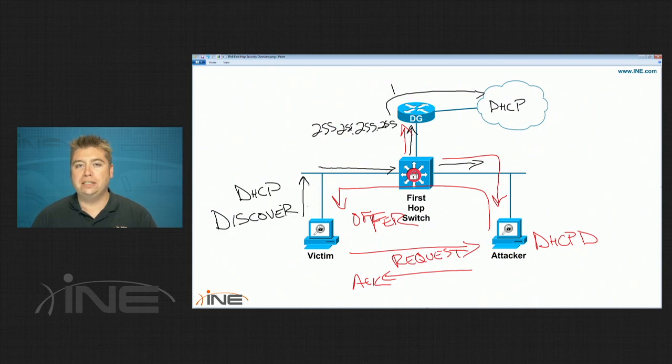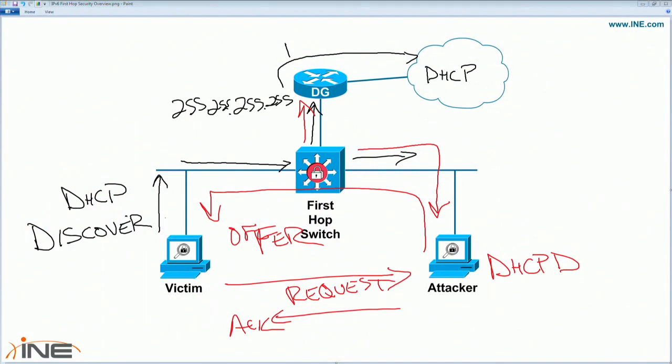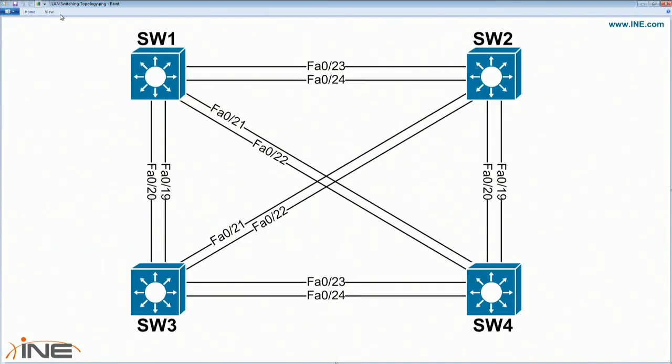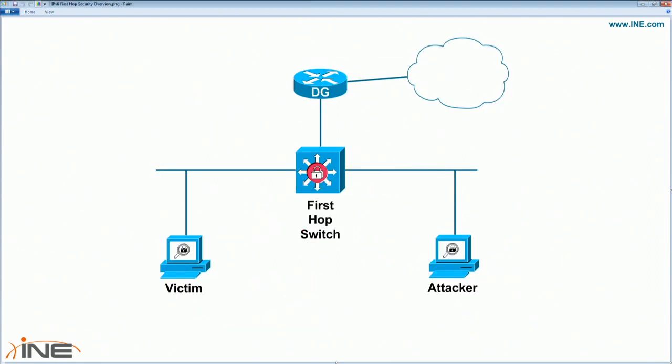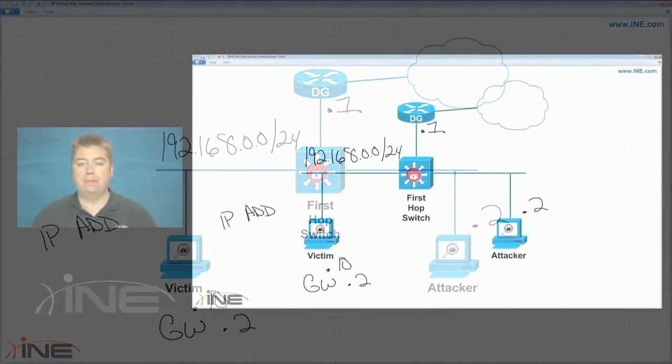But if we have someone else that is controlling the DHCP pool, essentially what they're able to do is to say, when I give you the DHCP lease, I'm going to tell you that your IP address is in the correct pool. So let's say, for example, that this network is 192.168.0.0/24. So I'm going to give you a legitimate allocation. Maybe I give you .10 as your IP address, but I'm going to tell you that the default gateway is .2, which is me. The router being .1 on the segment, that's supposed to be the legitimate gateway, but now